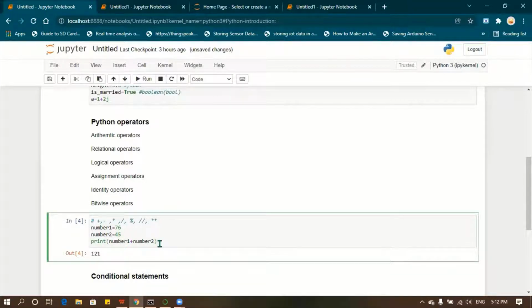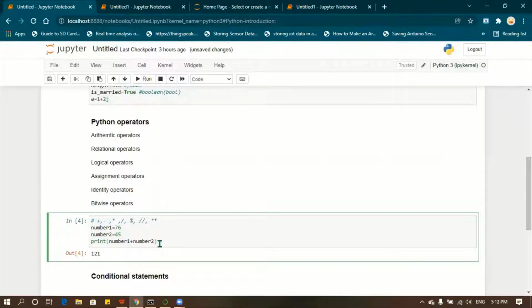It will print the value in a console, which means a window. In Jupyter you don't need print, but in other platforms like Spyder and VS Code you have to use the print function to view the answer in the console. Are you able to understand this? Yes, ma'am.